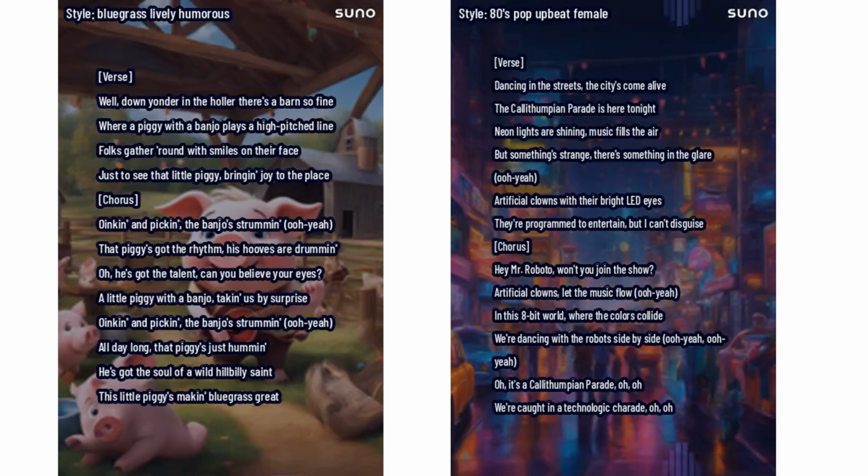Okay, so also it's moving into music. Well, it's not moving into music, but the music stuff is getting way better. The music isn't quite at the same quality as the image stuff. So when you listen to this, again, it's not the greatest music, but boy, is it also accelerating really fast and getting really good. So here, the first one I just said, give me a bluegrass song about a pig that plays the banjo.